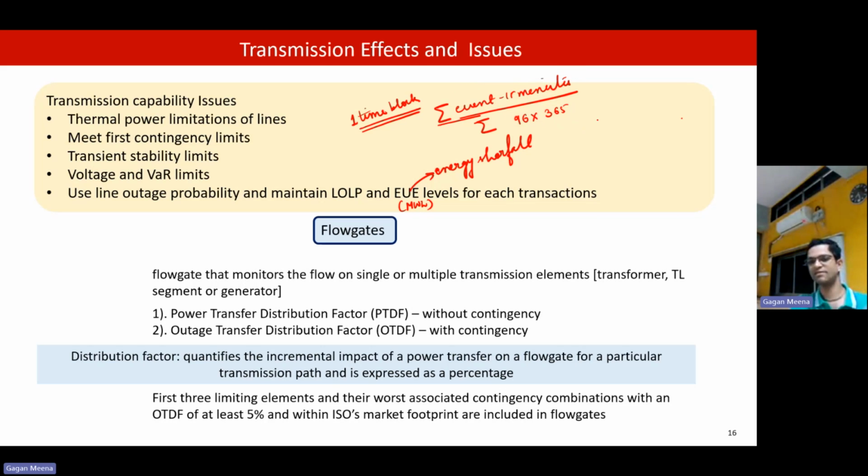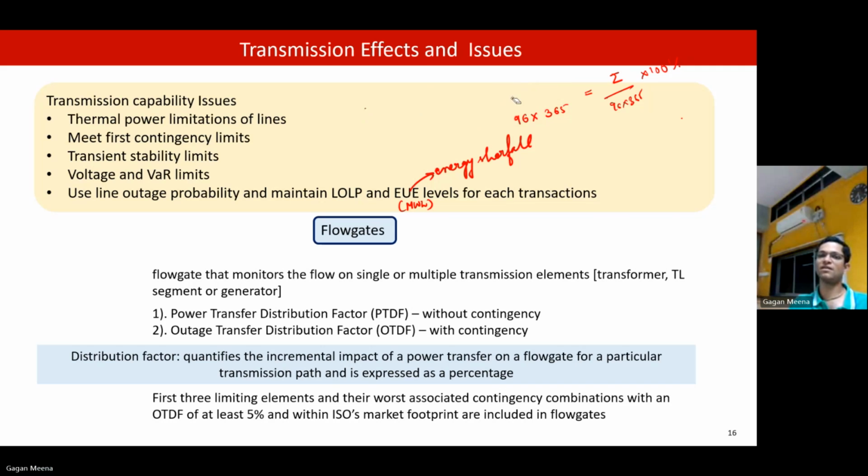For how many such 15 minute time blocks was there load curtailment, or can load curtailment happen, which we permit? As per our design, how much are we willing to tolerate? The sum of all those time blocks divided by the total number of time blocks. So this will be a ratio that will be less than 1. If you multiply it by 100, then you will get a percentage. LOLP is measured in percentage,